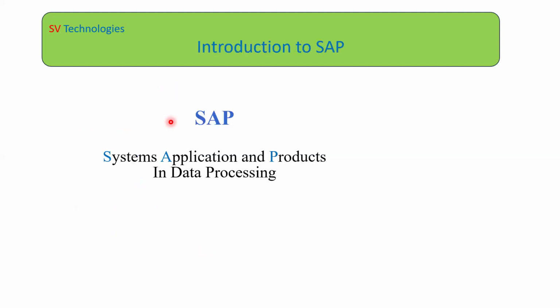Okay. Generally we are hearing this term, SAP. Outside, most people call it "sap". I think you have heard about that. As a consultant, we should practice this. We should not say "sap". In German, that word has a different meaning. So as a consultant, you should not say it as "sap". You should say it letter by letter, S-A-P.